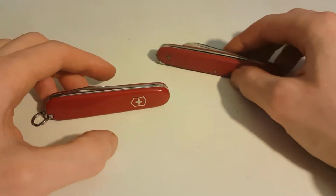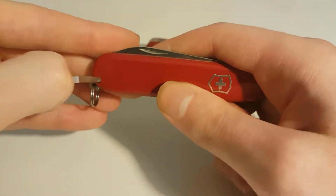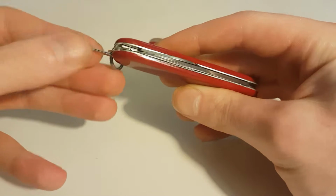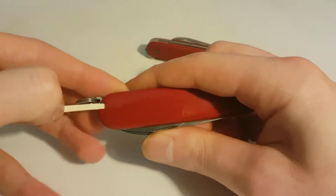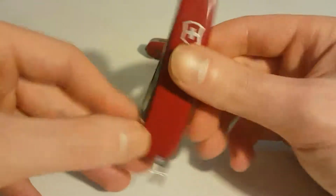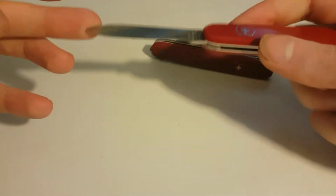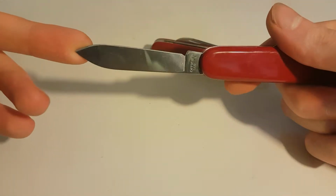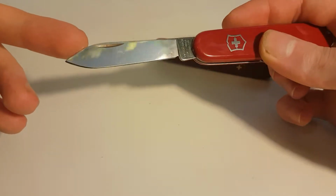First let me show you the Bantam. This knife has tweezers, toothpick, and then you have the blade, which is cut on two sides,